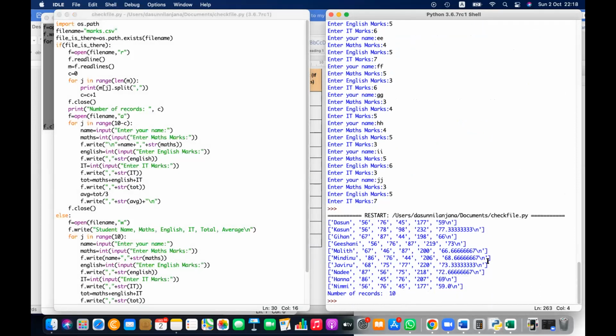And you can see these records will be printed. Number of records 10. I just need to get the maximum and the minimum. So that is what the last day exercise was. I just need to get the maximum and the minimum, here, without printing this,